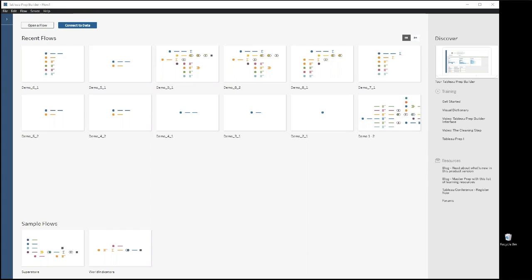For this demo, I'm going to use some sample data that is provided by Tableau. We're going to be looking at some best-selling book data, and we're going to see things like unions and how to bring data together and just get a nice feel for the product. So here I've started up my local copy. Just for those of you who may be curious, I'm on